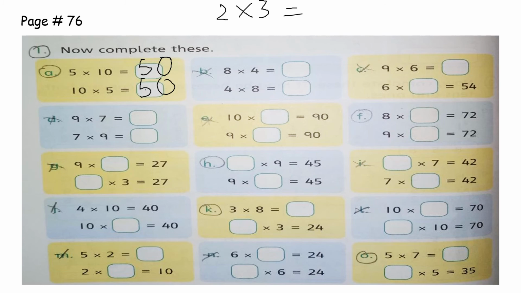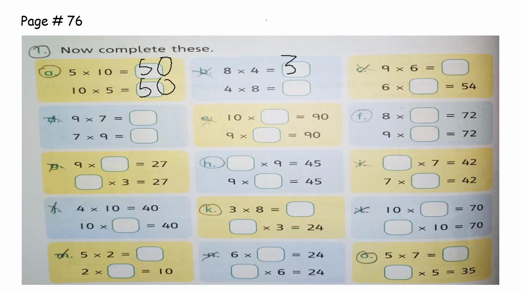And I have already told you that whenever we multiply, 2 3s are 6. Or if you multiply 3 with 2, meaning you write 3 first and 2 later, then it's the same answer. So the order of numbers doesn't matter in multiplication. Whether we write 2 first or 3 first, the answer is always the same. This is called the commutative property. It's written in your book. So whenever we are multiplying or adding numbers, the order doesn't matter.